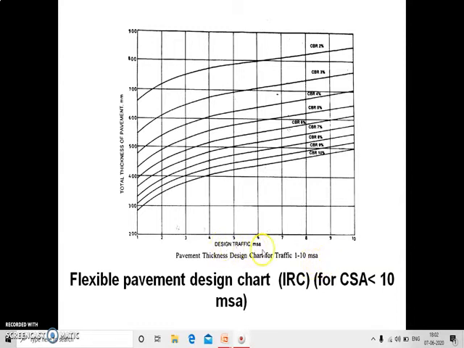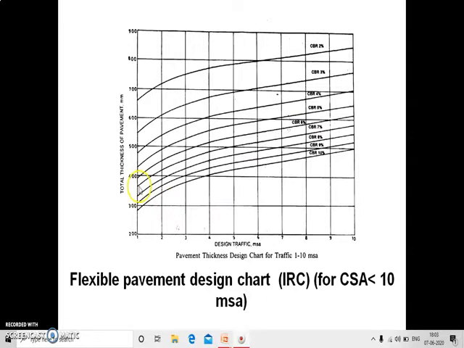Okay. Then this is the pavement design catalog. Recommended design for traffic range 1 to 10 million standard axles, CBR 6%. Cumulative traffic, that is MSA, million standard axles. Total pavement thickness mm, CBR 6%. Pavement composition: bituminous surfacing, wearing course, binder course, granular base, granular subbase. That is given cumulative traffic million standard axles 1, 2, 3, 5, 10.